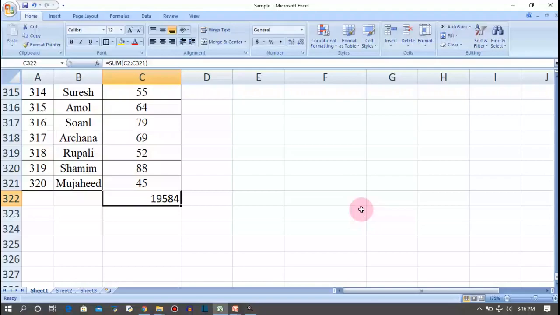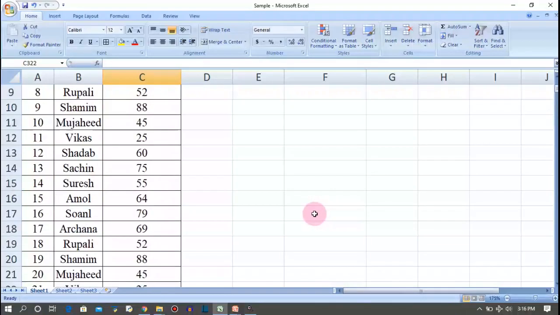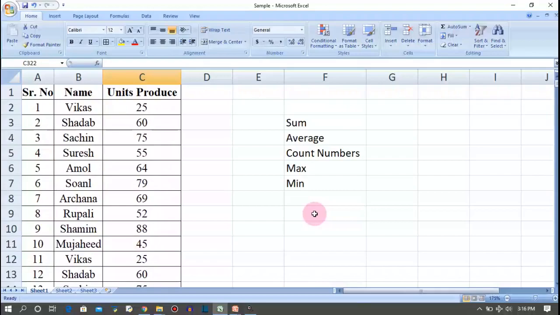Like this you are able to do a huge number of calculations, not just 320 numbers, but you can easily do 10,000 to 20,000 number calculations also. But whenever your data or the number of numbers increases, then according to the processing speed of your PC, it will take some time, but not more than 1 minute. Within a minute you get near about 1 lakh calculations easily. It depends on your data and the processing speed of your processor.